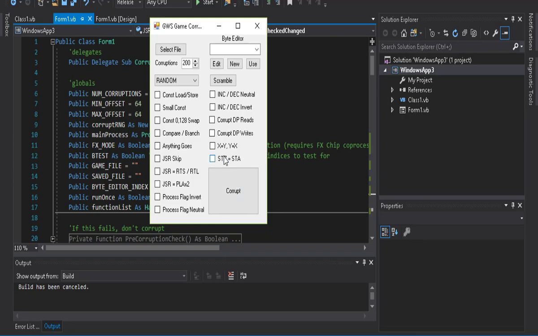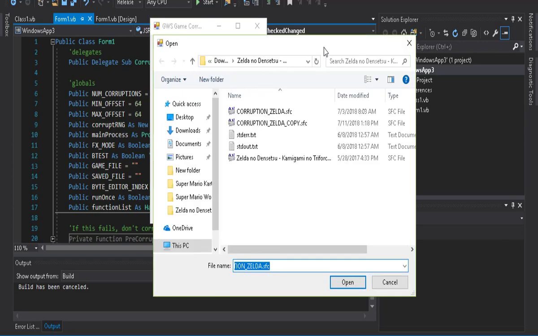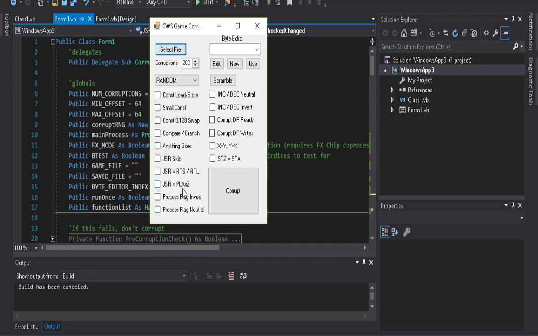Okay, so now that we've seen this, let's go through some stuff. So what game did we load? We loaded Zelda. We're actually going to try a couple new ones. We're going to try the process flags. The reason I like these is that their effects accumulate over time, often in games. Like if you play, for example, Super Mario World or Super Mario Kart, it won't crash your game immediately, because these don't always have an immediate impact,